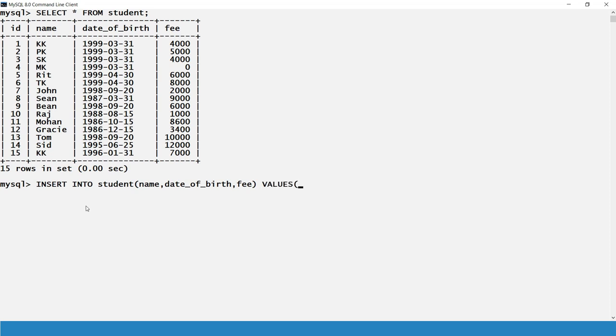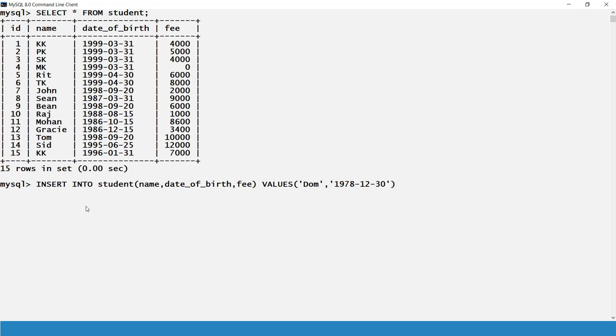Then first, let's define a name, and then the date of birth. First of all, you need to specify the year, let's say 1978. That would be too old, but that's fine. Then we have to define the month, let's say 12, and let's say 30 is the day.